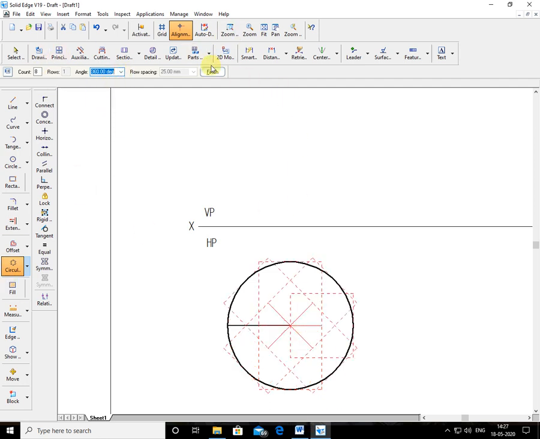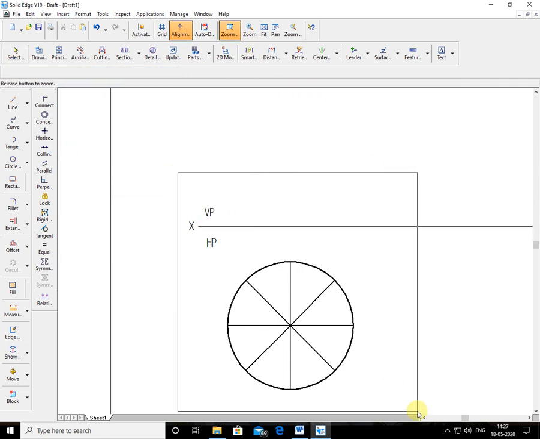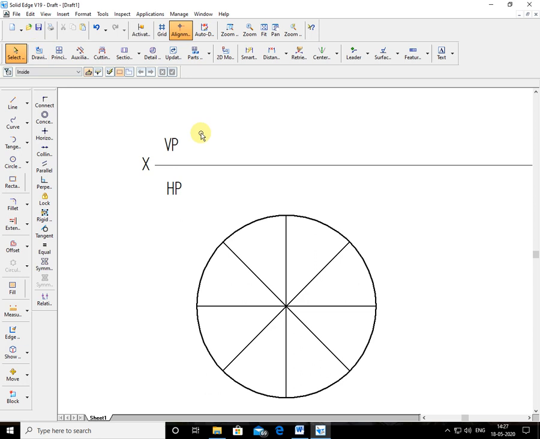Now I hope you can see this pattern, the way you would have done it manually. So it is a pattern, you can use it properly. See here, see this pattern. So this is the pattern you get. Correct? So this is the solution. Now I've divided it into 8 parts.